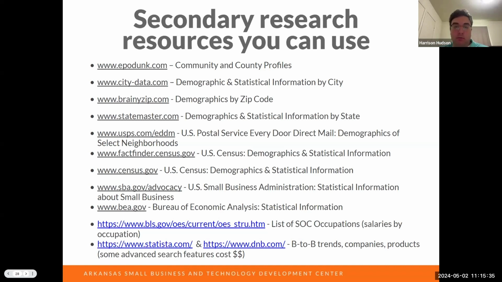So these are just a few things that you can explore. Census.gov is a really great resource if you're interested in demographic information, purchasing data. It's a really great place to start. And they have a lot of different ways that you can search and build tables on their website. It's fairly user friendly. They also provide their own set of webinars and guides on how to more efficiently use their research tools. But all those are available for free on census.gov.